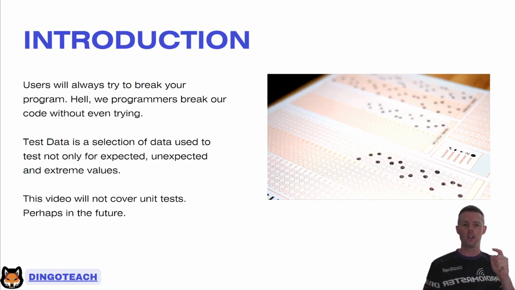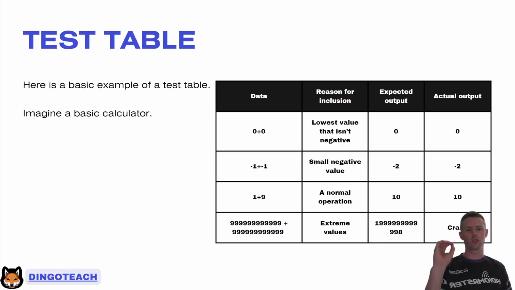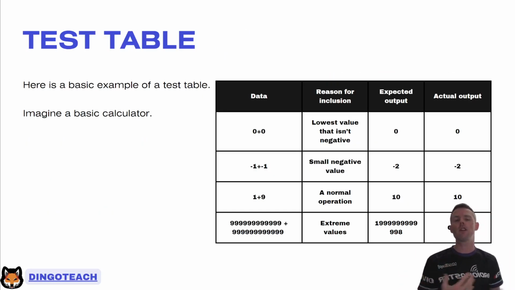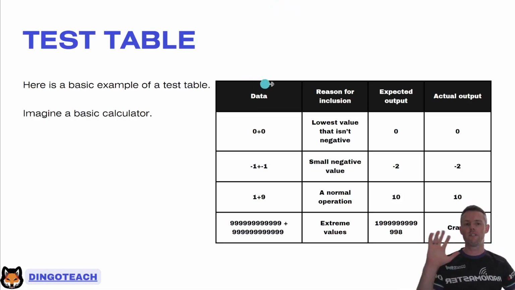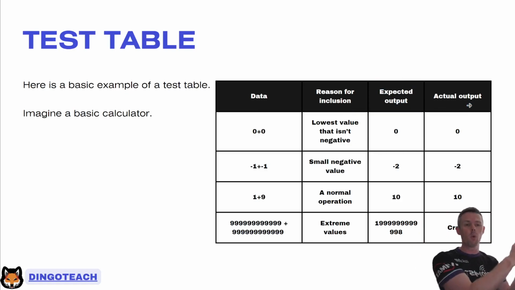So test data is the idea that you are putting values into your program that cover what you expect them to put in, which is unexpected, and what are the extremes. So for example, imagine I've just made a really basic calculator that adds two numbers together. So imagine that I've got number 1 and number 2, and they get added together, and then we display the answer to the screen. Well, to come up with a test table, you've got 4 columns that you need to create. You've got the data column, which is what you're actually going to put into the program, the reason you included it, what you expect the program to output, and then once you perform the test, what was the actual